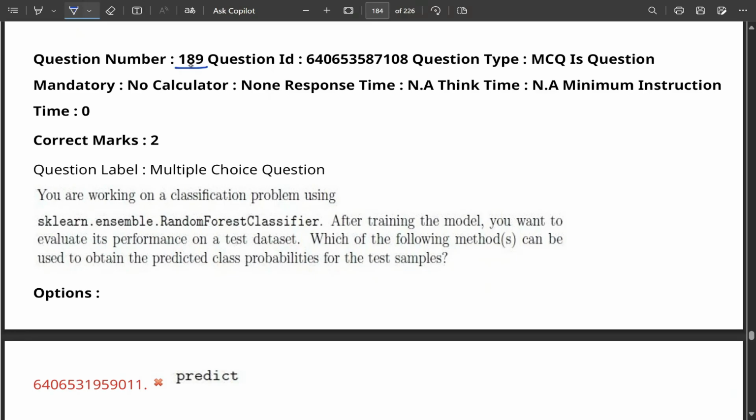So the next question is question number 189, and it asks: you are working on a classification problem using sklearn.ensemble.RandomForestClassifier. After training the model, you want to evaluate its performance on test data. Which of the following methods can be used to obtain the predicted class probabilities for the test sample? So here the key term to identify is that you have probabilities, and another is that